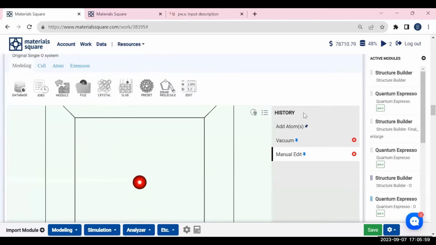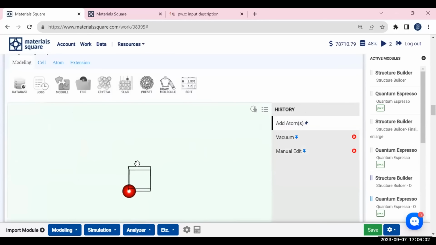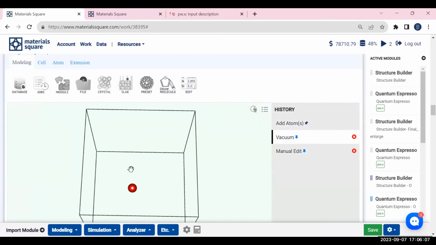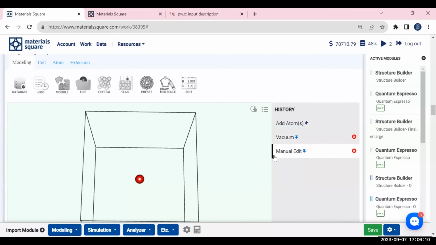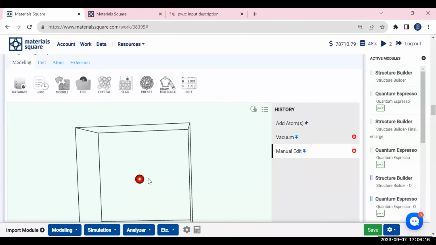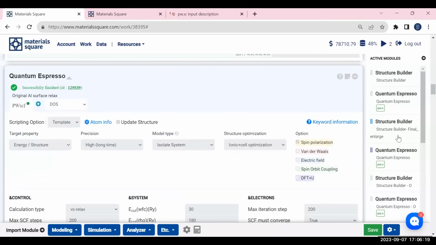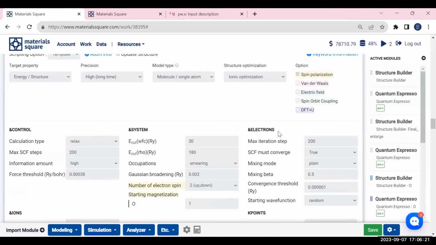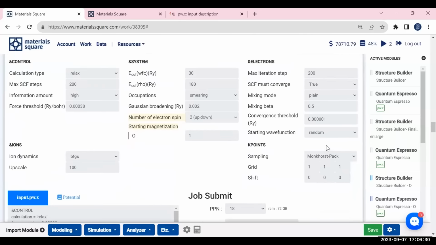So how do we create this one? You have to call the single oxygen atom. Then you have to create a vacuum, place this atom in the center, and this is just a kind of manual edit to place the atom in the center. And then you go to Quantum Espresso. It was defined as a molecule with a single atom, with ionic optimization and spin polarization. Everything is the same, just to make the results comparable. You cannot change it; it's highly recommended to keep the calculation settings as